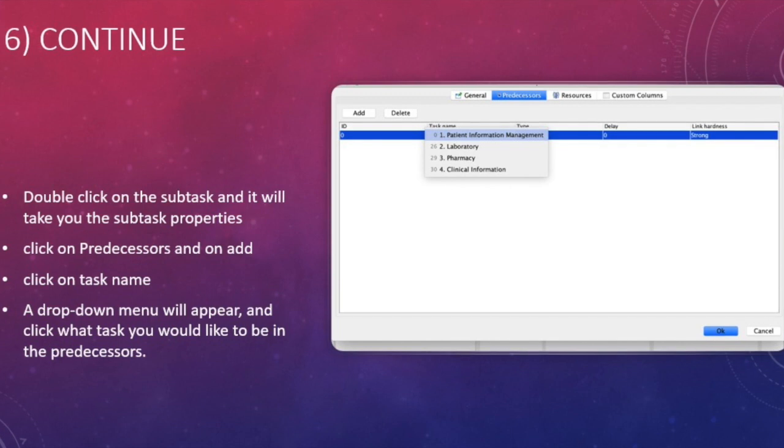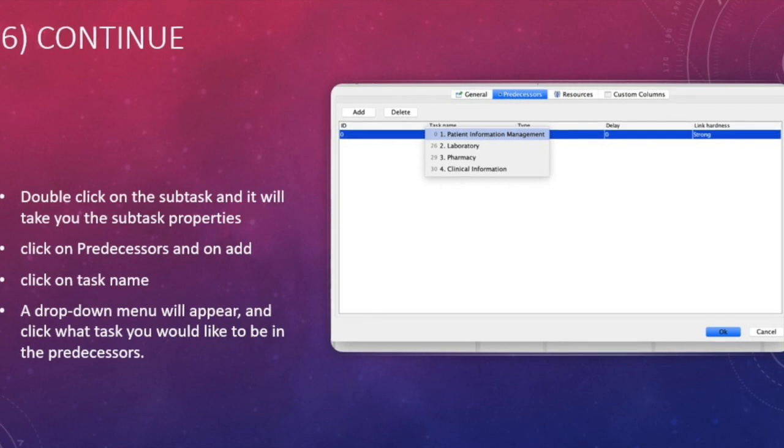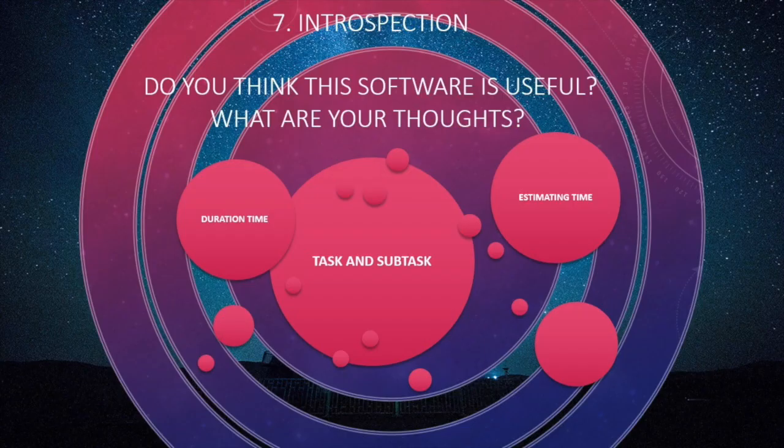And that is how you create your task and your subtask. I will show you how I did mine in just a little bit. After I have done this,